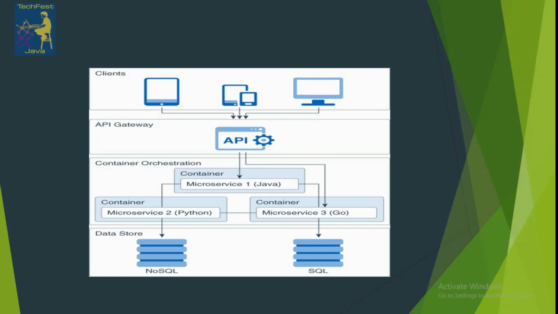Then we are using configuration servers also, so that every microservice's configuration files are present at a centralized location. So yeah, this is the basic microservice architecture.